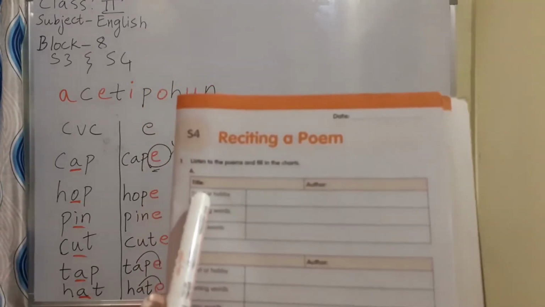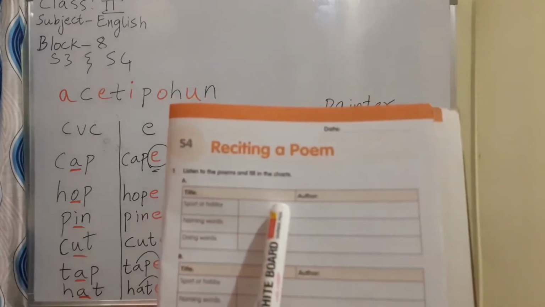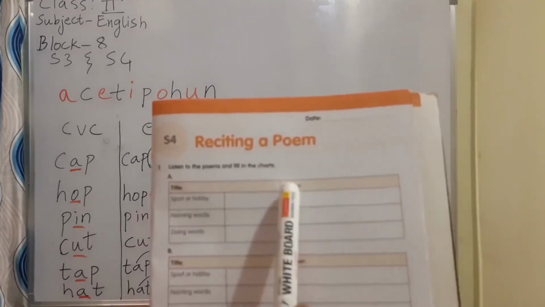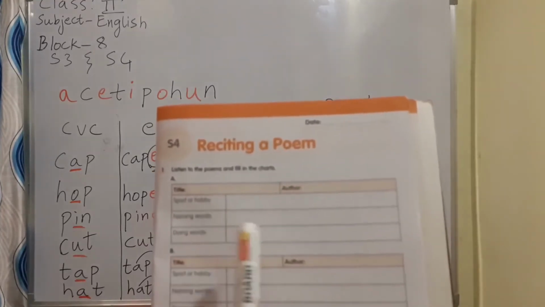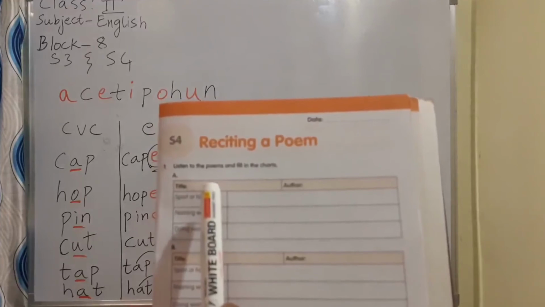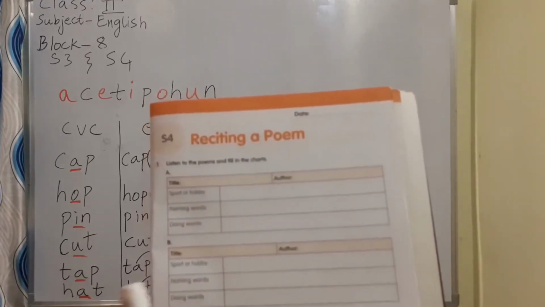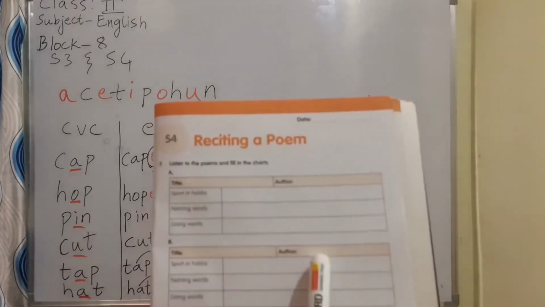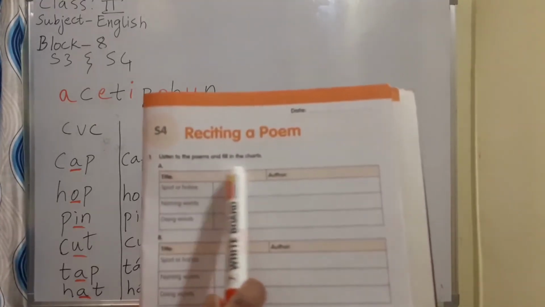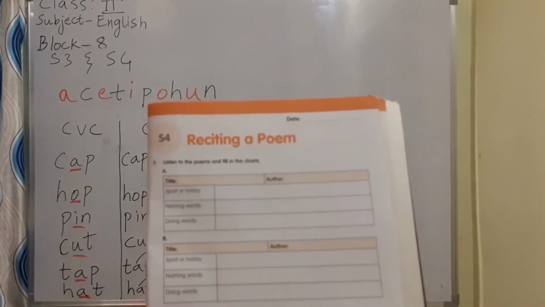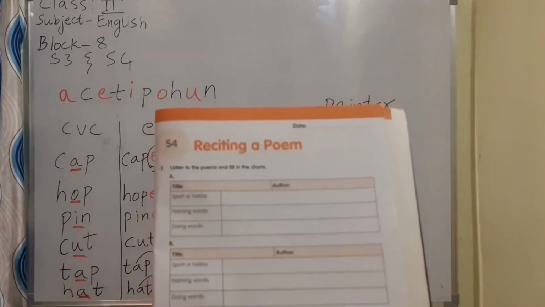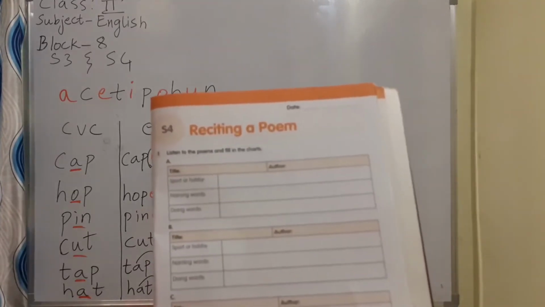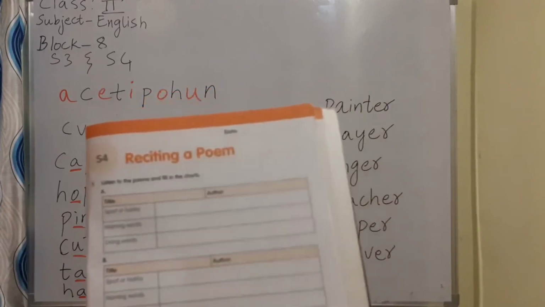So what is the sport or hobby? Which sport have you taken? Cricket or volleyball or hockey or that. What are the naming words in this sport? Write down. What are the doing words? Write down. Here, one sport, one hobby you should take. Here another word, authors, all your names only you should write down. Here you should take one indoor game, outdoor game and painting, drawing, dancing, you take one like that. Then it will be okay. Naming words, doing words you should find out and write down.